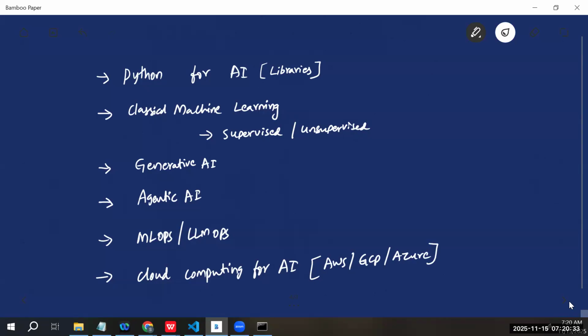We will see how we do deployment of machine learning models and run generative AI applications using the cloud. This entire thing will consume 2.5 months of your time,